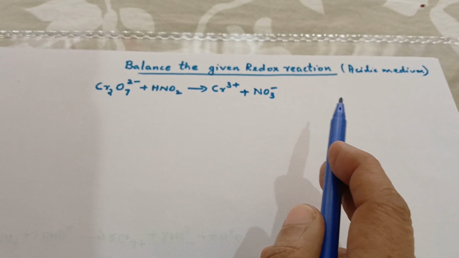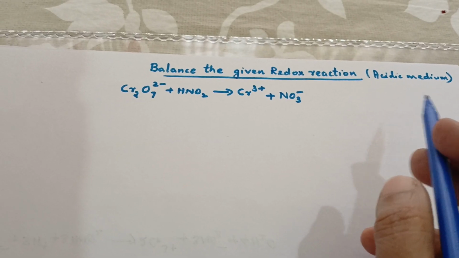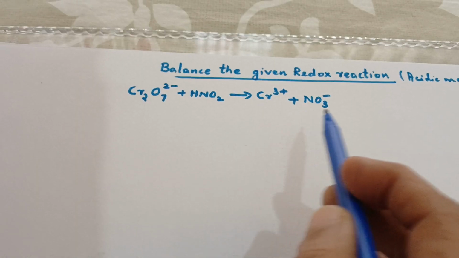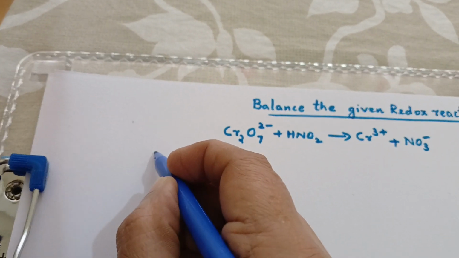Balance the given redox reaction. It's given that it is in the acidic medium. So let us split this into two half reactions. The first one is